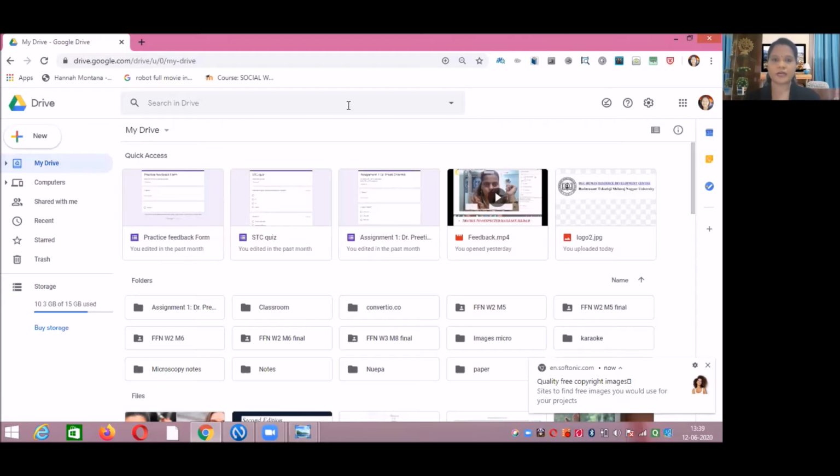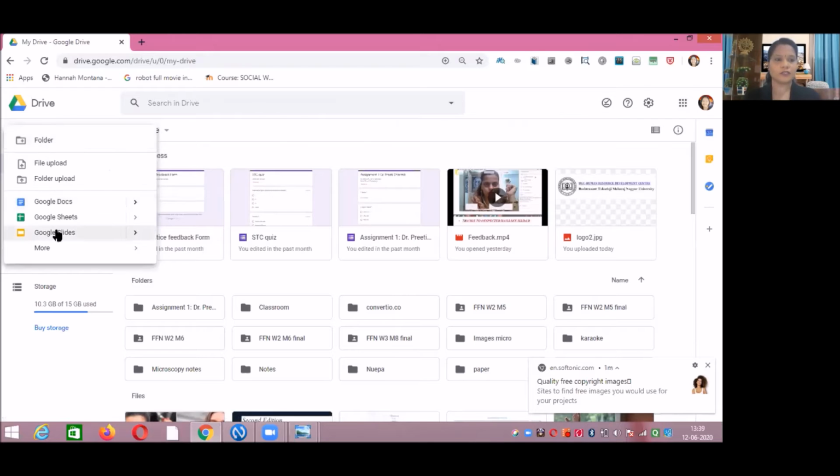Fine. So to start with, the first step we have done is log into your Gmail account. Then step 2 is click on Google Apps, that is these 9 dots. Then the third step is click on the Drive option. Once you have clicked on Drive, the next step is click on the New button. This is the New button.